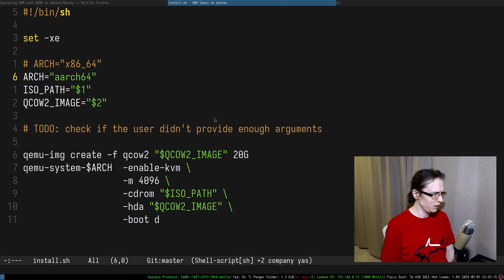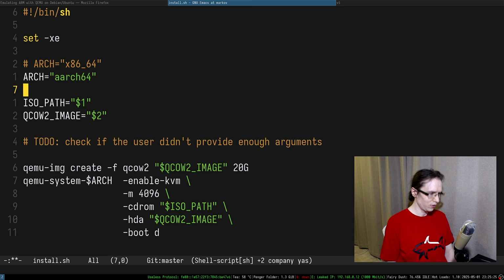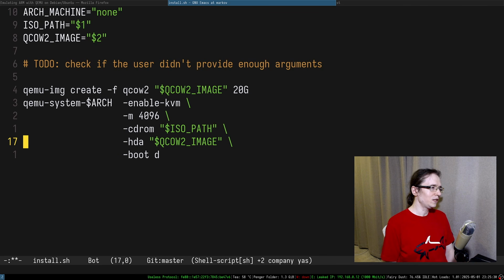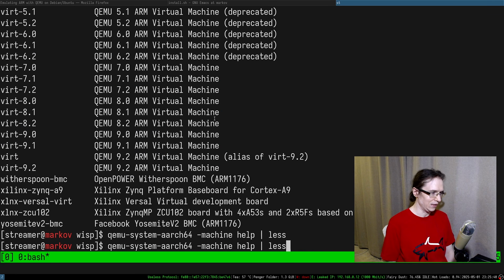Because of that, I feel like this entire idea of this variable is kind of pointless. Unless you maybe have another one, arch machine, and this is where we're gonna do none, right? But then it only makes sense if your architecture is arch. I'm not even sure how to handle this, because if it's x86-64, it's not gonna make any sense, right?